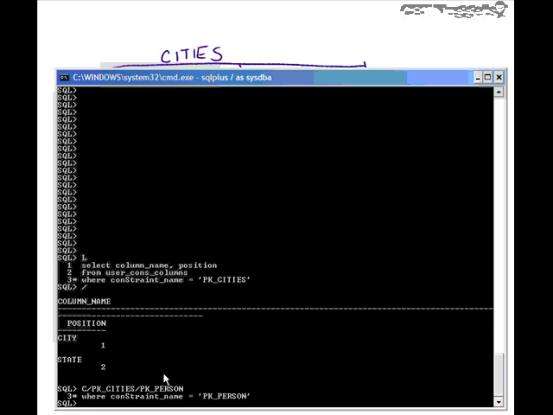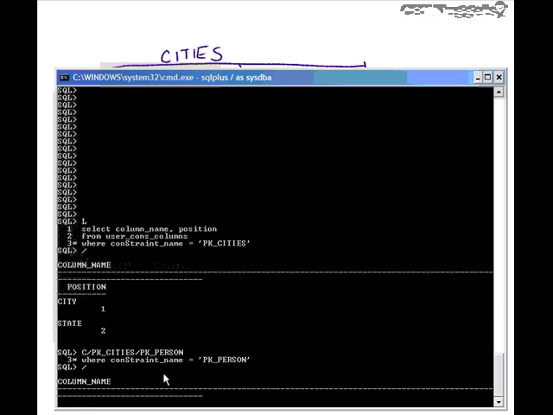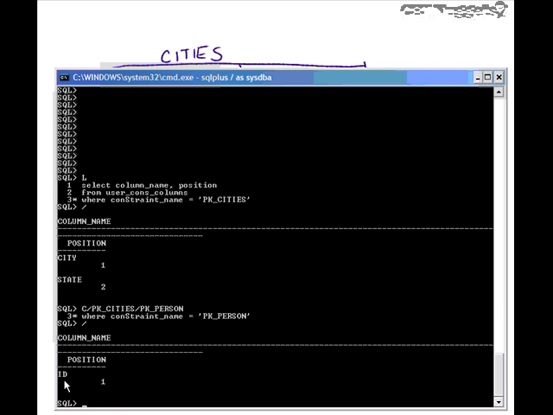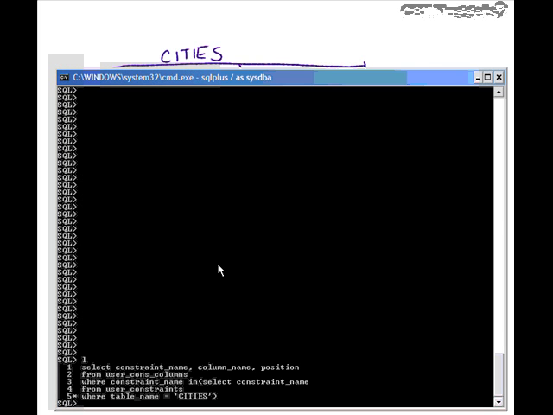Let's run this query on our PK person as well. Okay, so ID is our primary key. Instead of issuing two separate queries to grab this information, we could